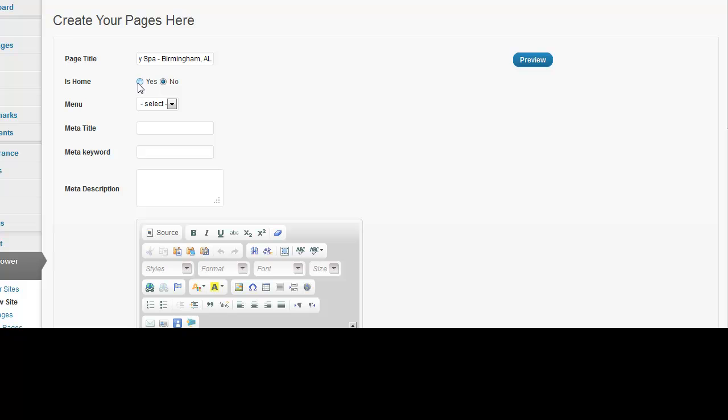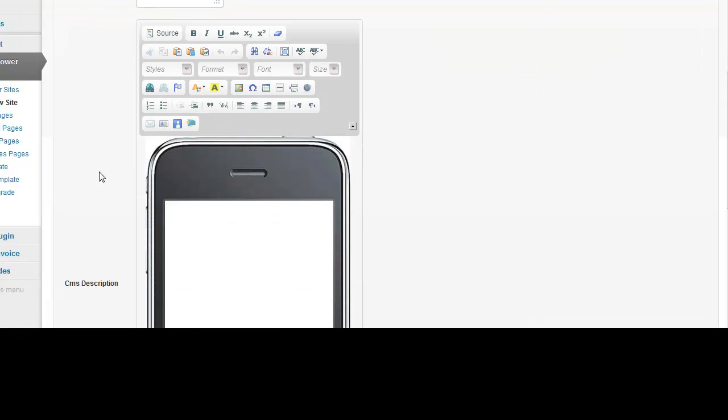And is home? Yes. Now if it's the home page, which is the default page, then you don't need a menu item. Now I just realized that we do actually have a home menu item, so we'll go back in a minute and delete that menu item as we don't need it since it's the default page. So anyways, you can go ahead and add your meta title, your keywords, and your description for your particular page. But we're not going to do that